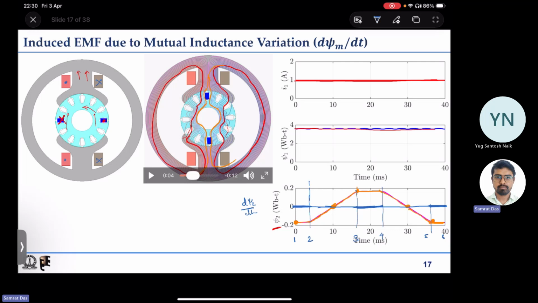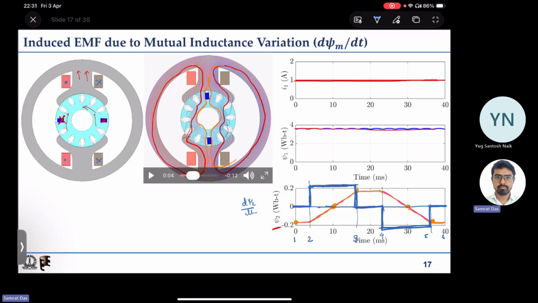In between 2, 3 it rises with almost a constant slope, so the derivative will be constant, the induced EMF will be constant. So it will be some shape like this. And again between 4 and 5 it is falling with nearly constant slope, so we have some negative induced EMF. So this is the type of induced EMF that will be there across one coil that is rotating in this